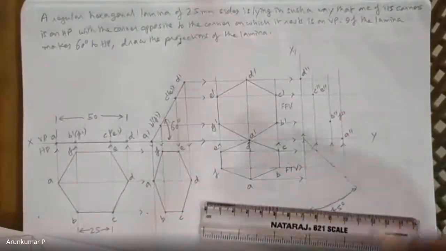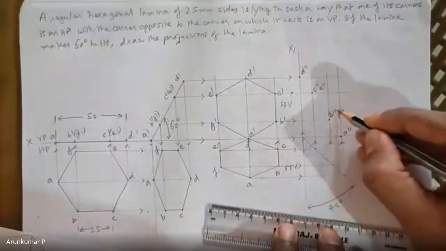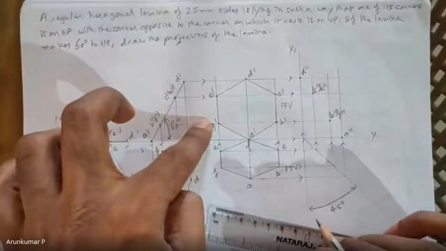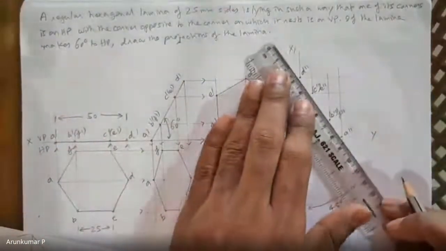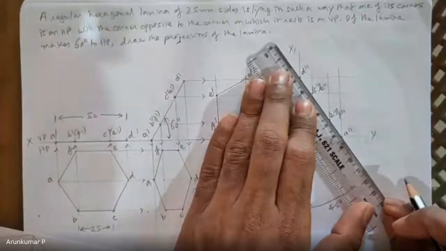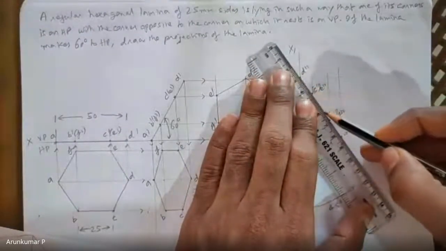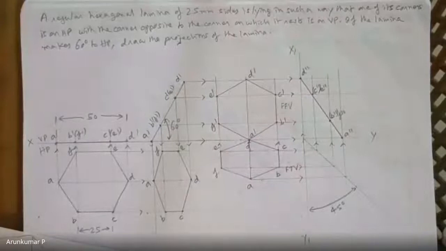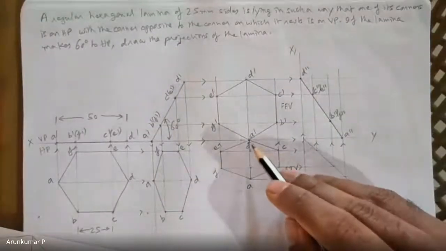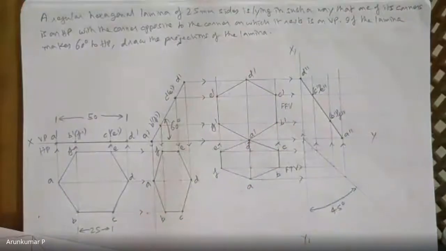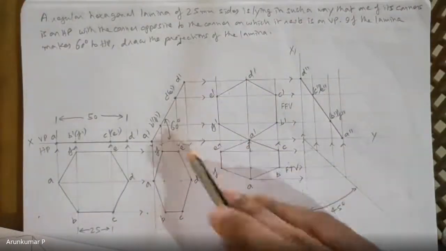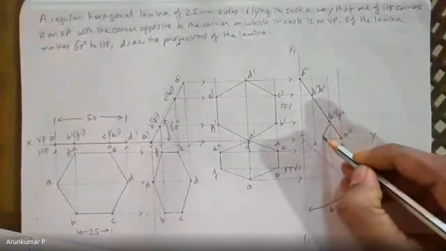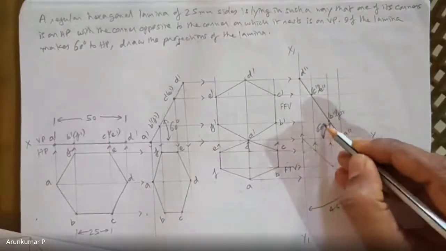But when you see from the side view, you will have to put B double dash in bracket and C double dash in bracket because E and F are visible, C and B are not visible. And if you join these points, you will get the side view of the hexagon, which is resting one corner on HP and the opposite corner on VP. And as I've been telling, this 60 degrees theta, if you measure this angle, this also will be 60 degrees.